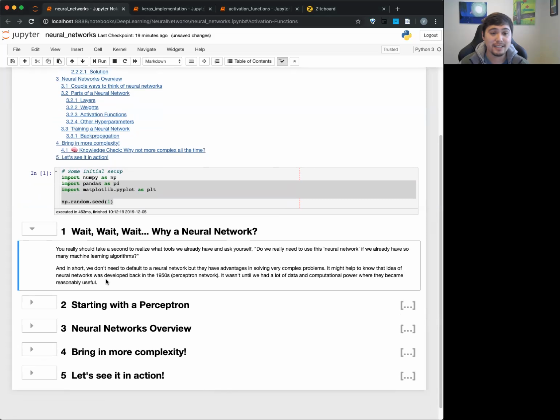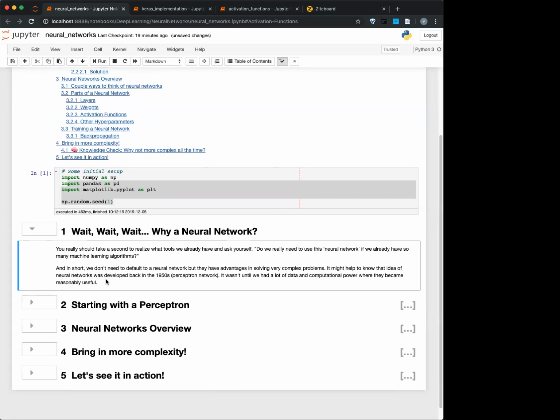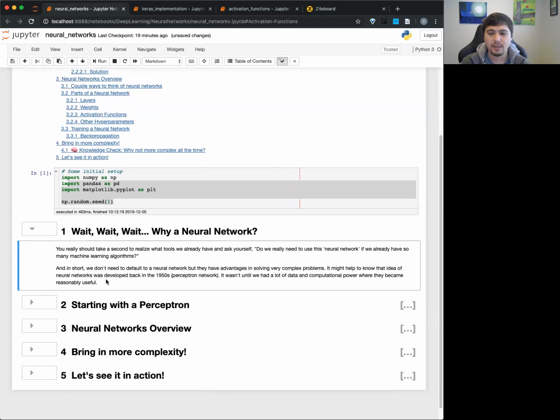As Jack just mentioned, we have other machine learning algorithms. So what makes a neural network different? In a lot of ways, you don't always need a neural network. In fact, sometimes a neural network is the wrong tool for the job. Not that it can't do the job. It's just that it's going to approach the problem differently, and it might take up more resources than something like, I like to say, a random forest.